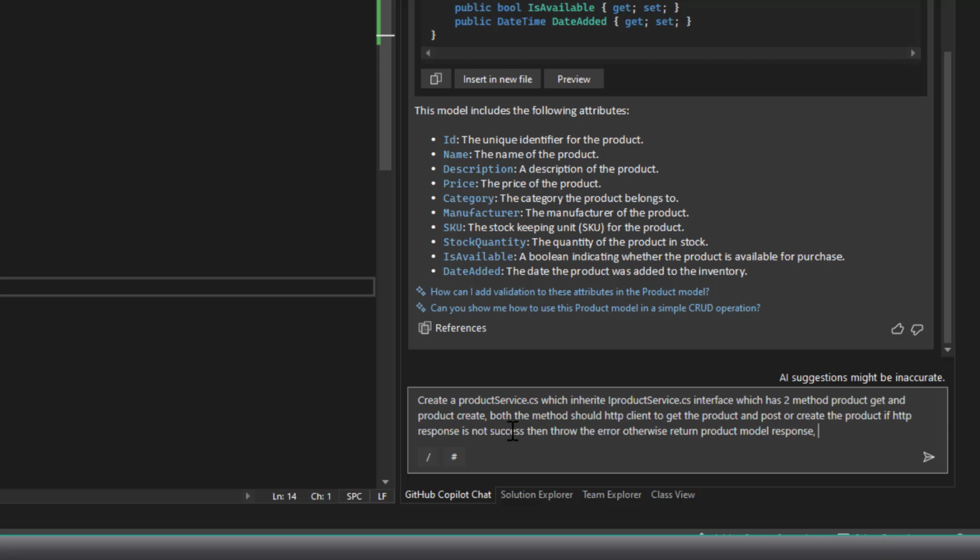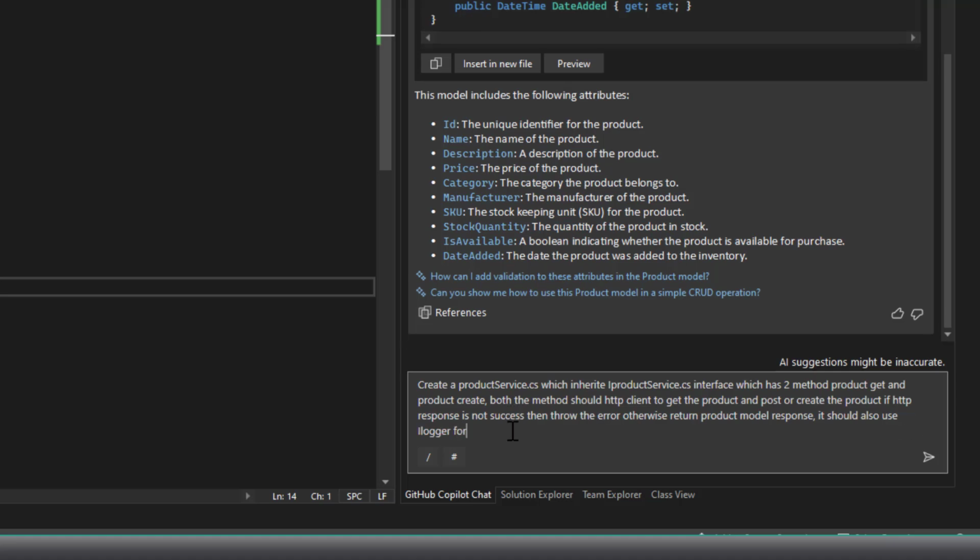That's one thing. It should also use iLogger for logging, and HTTP implementation must use send async